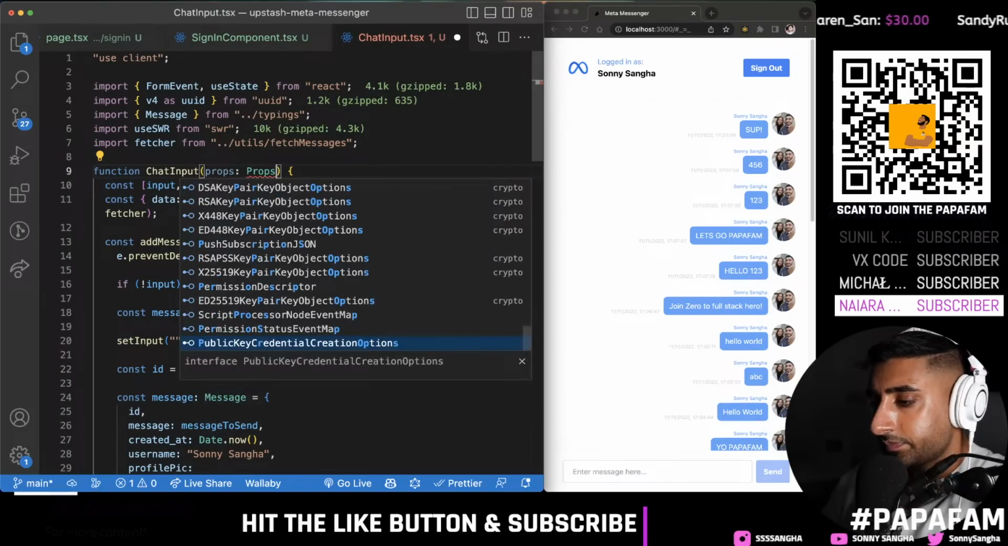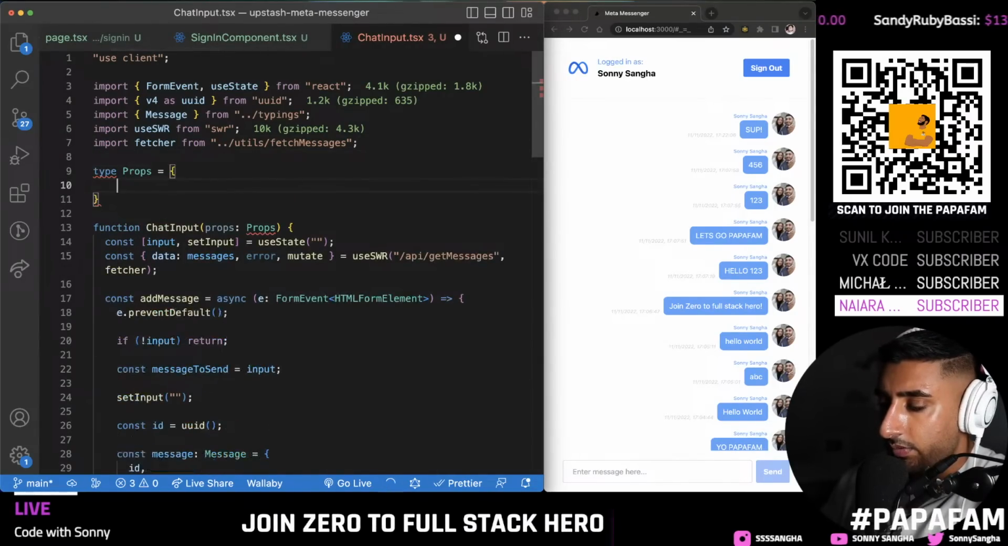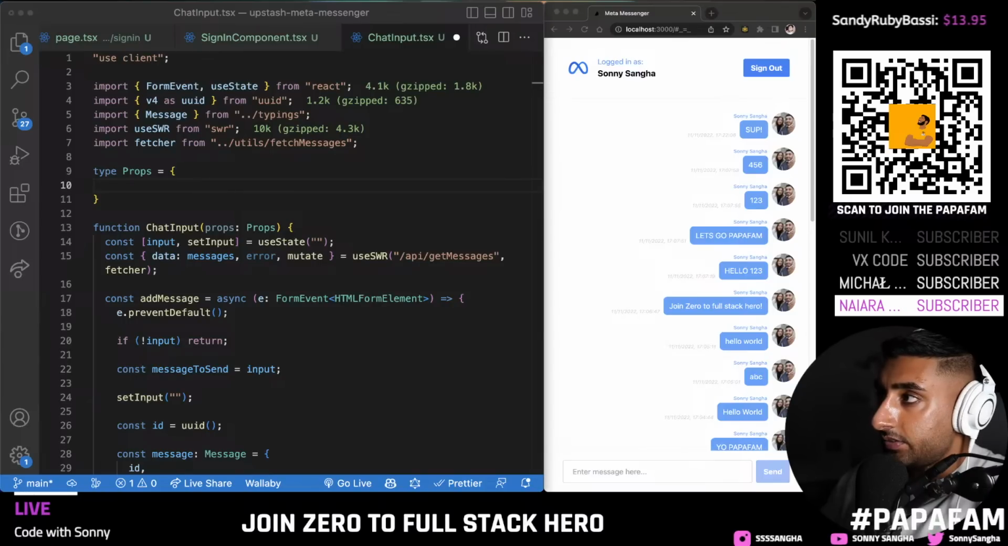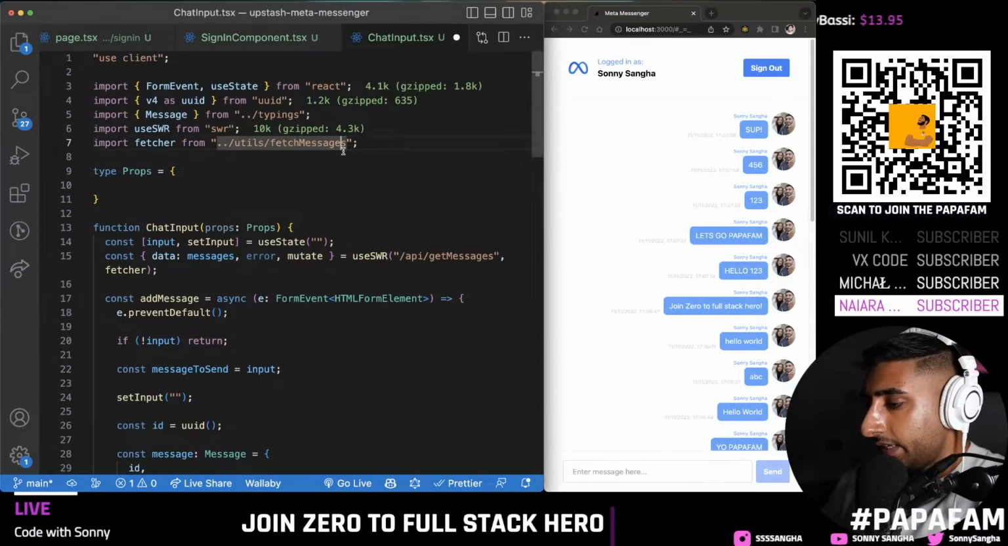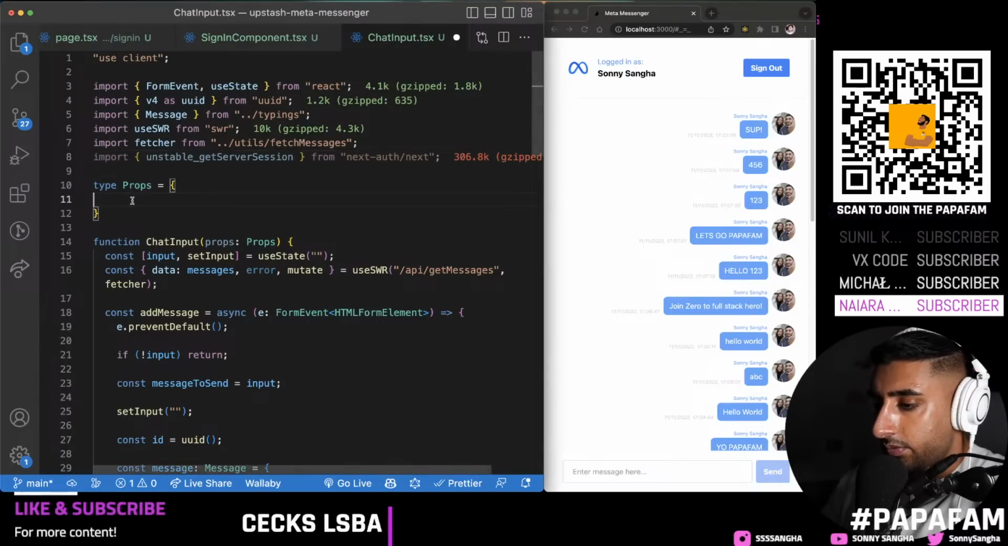You can say props. And then here we can do type props equals. And for the session, again, I'm going to show you that nice little trick that we did previously, right? You pull in the actual function itself. And then what you can do is you can say session equals